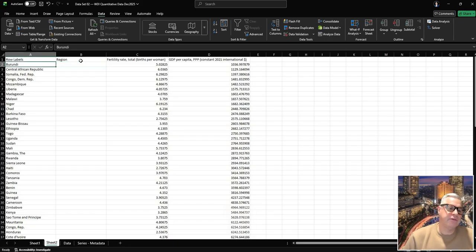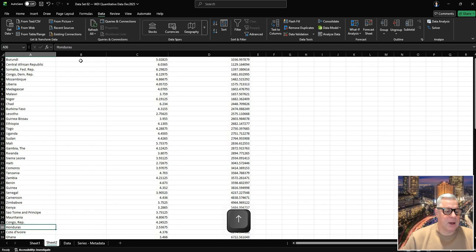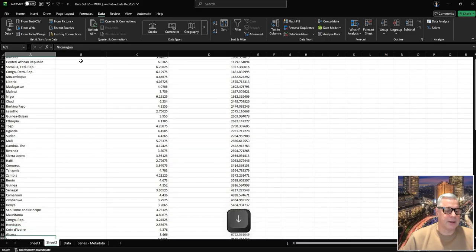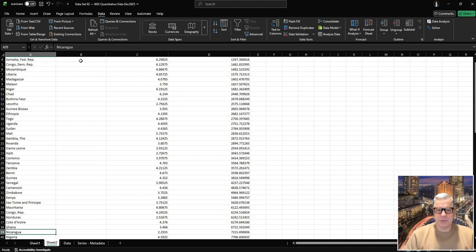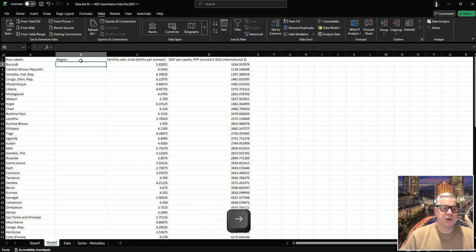And now you can see that when we use the pivot table, Excel sorted everything differently. So you see now there's, for example, Honduras and Cote d'Ivoire, and then Ghana, and then Nicaragua. So now we don't have any more the first block, Sub-Saharan African countries, and then the Latin American and Caribbean ones. So now what I need to do is find again the region, which I have added already